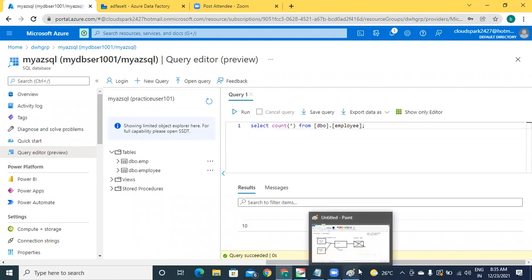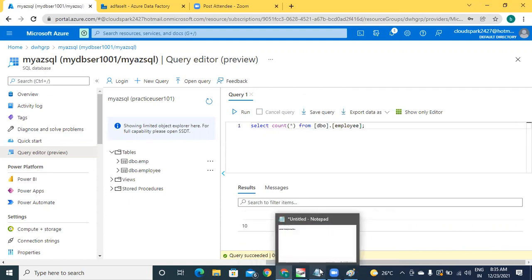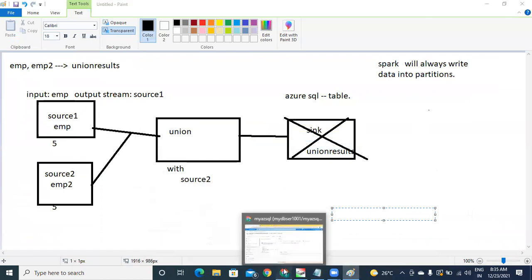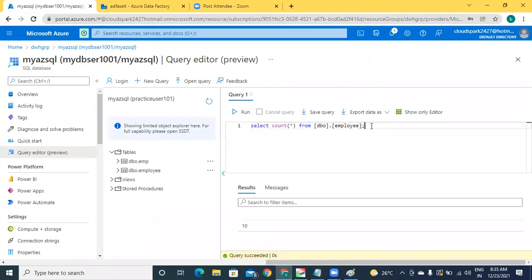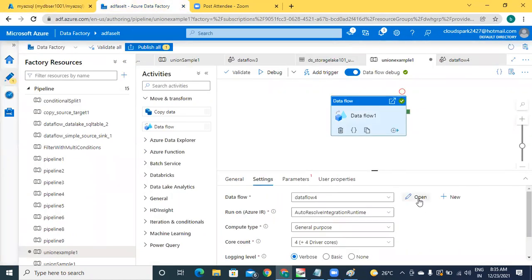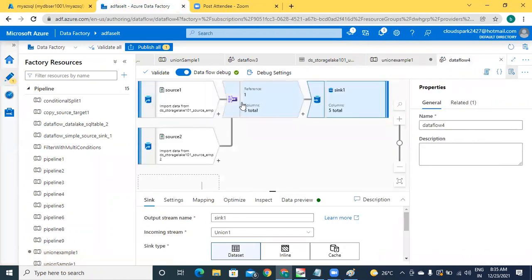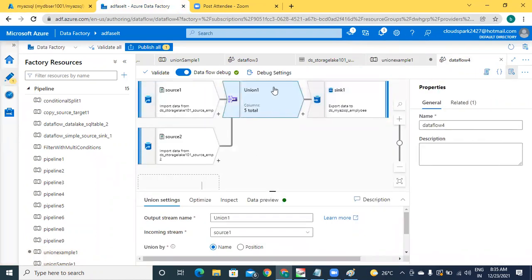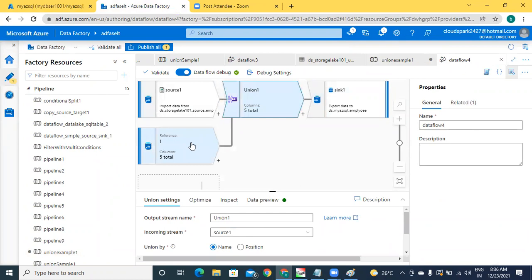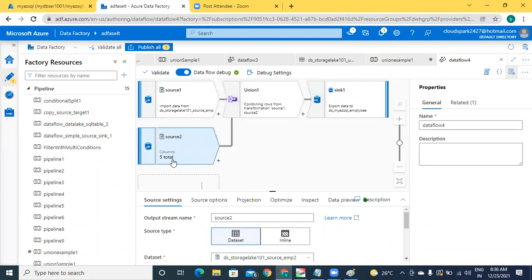Sir, even for tester also, this will be very easy here. If you are an ADF tester, whenever I have given a pipeline for the execution purpose, and they are asking you whether data perfectly loaded or not, to validate that, the testing process will be like this. Just open our pipeline and open the data flow. Here you can observe how many rows. So from here 5 rows, and here 5 rows.